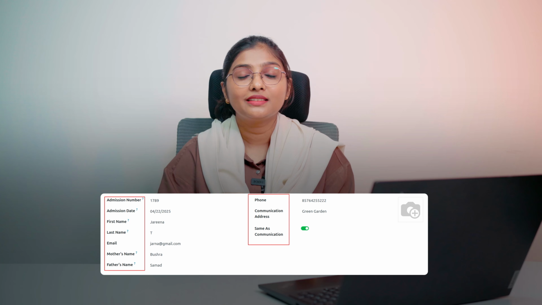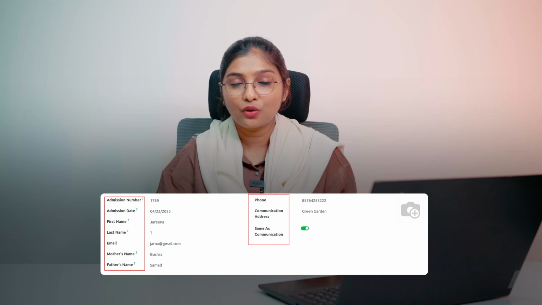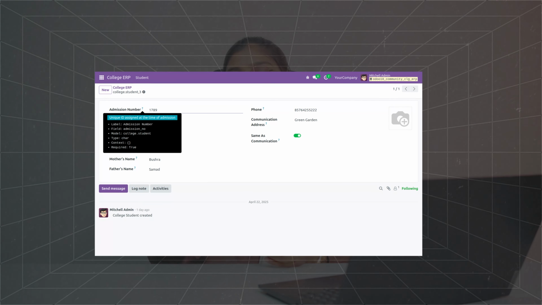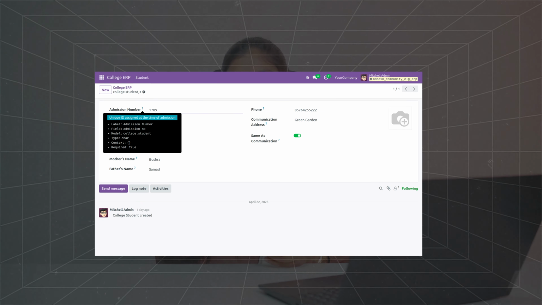Now, the next attribute that we're going to discuss is the label. Label is nothing but a name displayed in the UI, and this name will not be considered in the Postgres database. We have the other attribute called help tooltip. The purpose of this help attribute is that when you hover over a particular field, you can see the purpose of the field, and the description will be given under the field. This will be indicated with a question mark beside the field label.